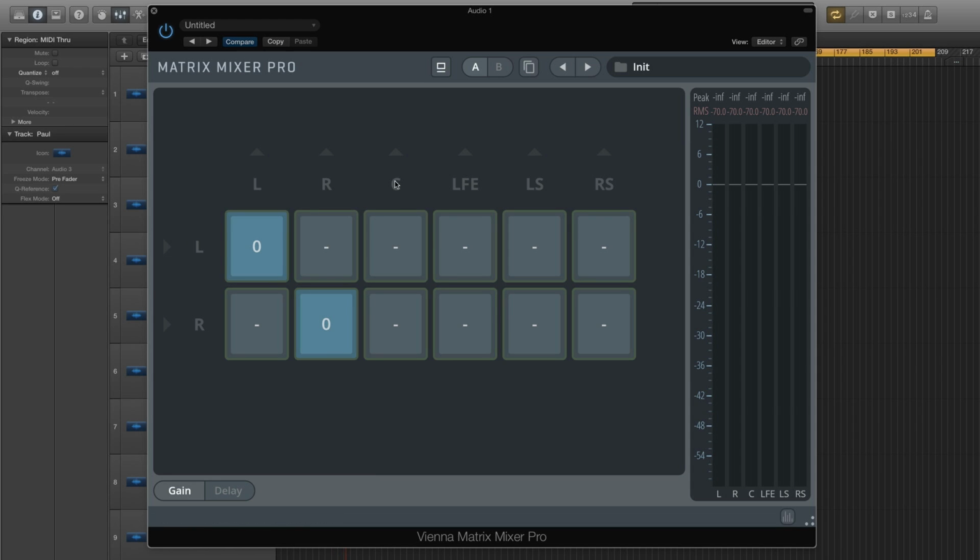The audio source channels are listed in the column on the left-hand side. In this case, it's just a stereo signal, and the destination channels, 5.1 in this case, are on top of the matrix. As most browsers do not support surround playback, make sure that you have downloaded the HD version of this video from our website and play it in a surround-capable host like the VLC player. If you are listening on a surround setup, you will hear that the signal is added to your surround channels, just like shown in the output meter.